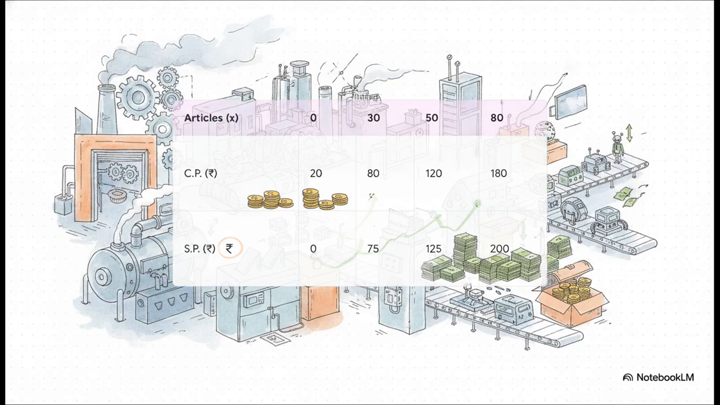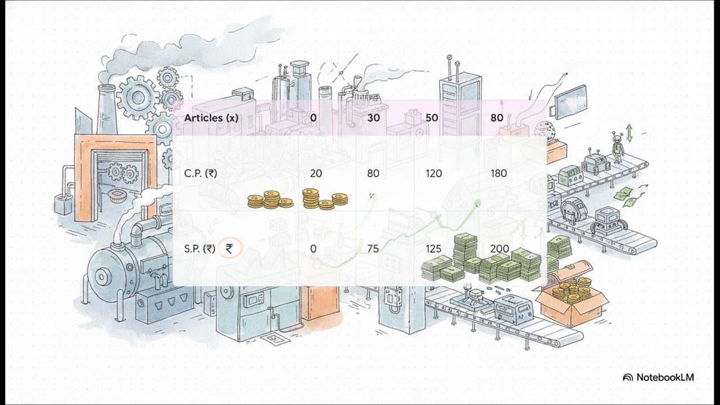Imagine you're consulting for a factory that manufactures, say, basic retail articles. We have some raw data right here. That top row, X, is the number of articles produced. The middle row is the cost price, or CP, basically what it costs the factory to physically make them. Notice it starts at 20 rupees. Even if 0 articles are made, that's going to be your fixed overhead costs, and it scales up to 180